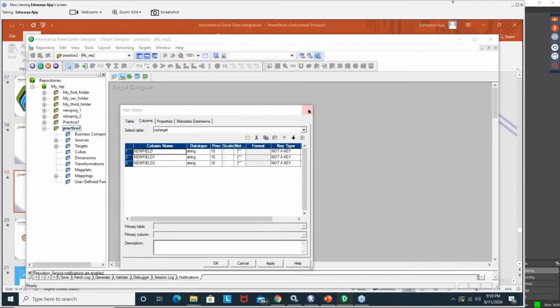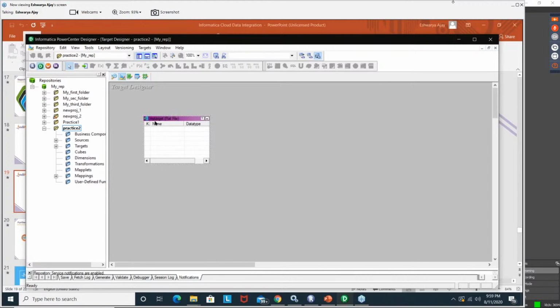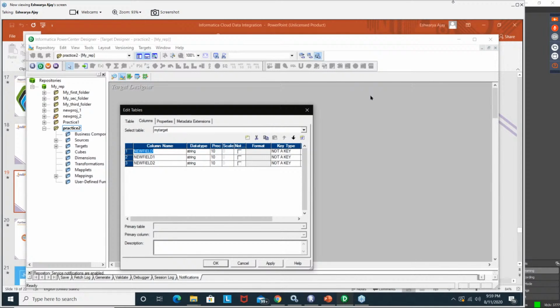Let's have employee ID, employee name with the respective address details. Yes, let's move into the target designer and we'll add 3 columns: employee ID, employee name, and full address. Employee ID is of a number data type, whereas for full address, let's have a precision